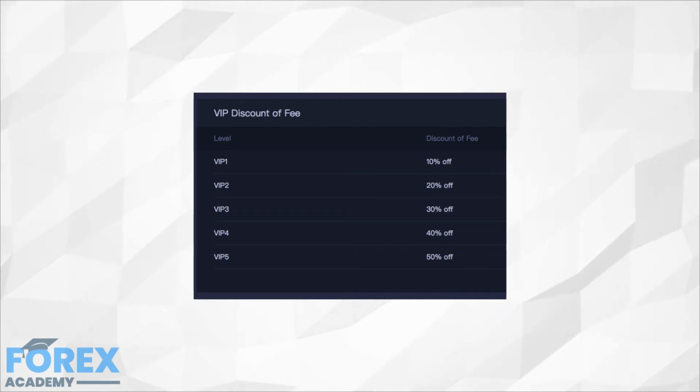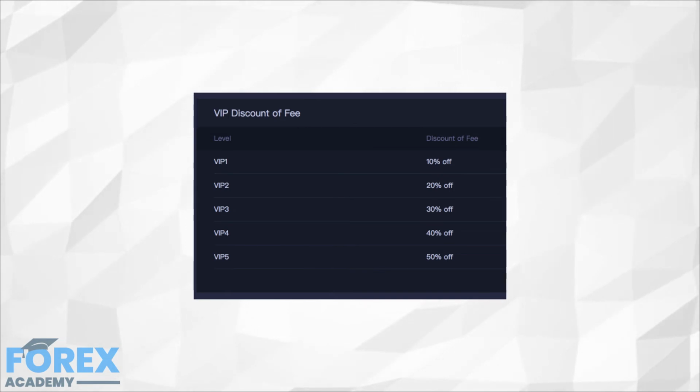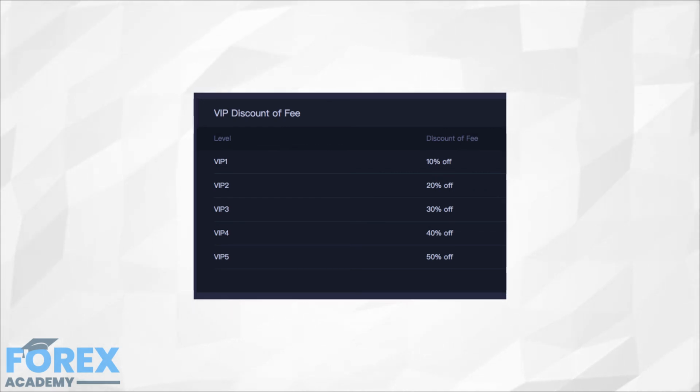Determining the most cost-effective deal is crucial. A user looking for a 10% discount on their trading fees would need to pay 120 HT, which with Huobi token costing $3.23 per unit would cost $387.60. Therefore, buying this discount level would only be worth it if traders are willing to spend more than $3,876 in trading commissions. This would, at a 0.2% commission rate, require spending of